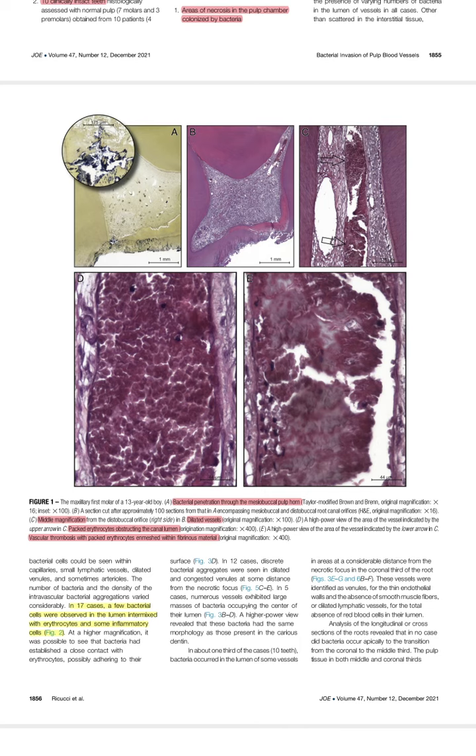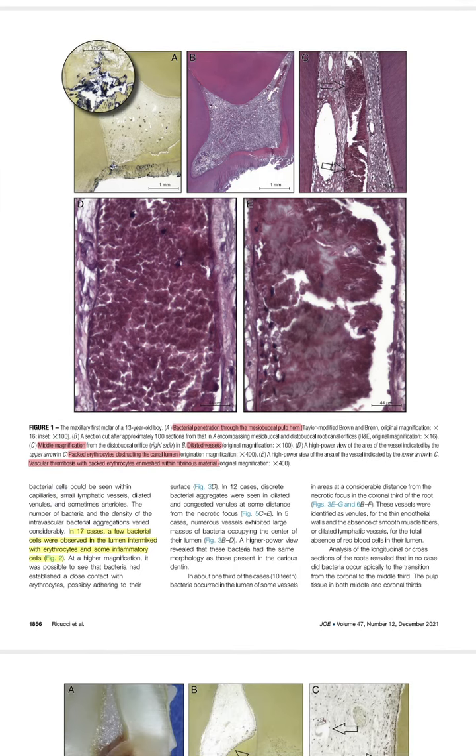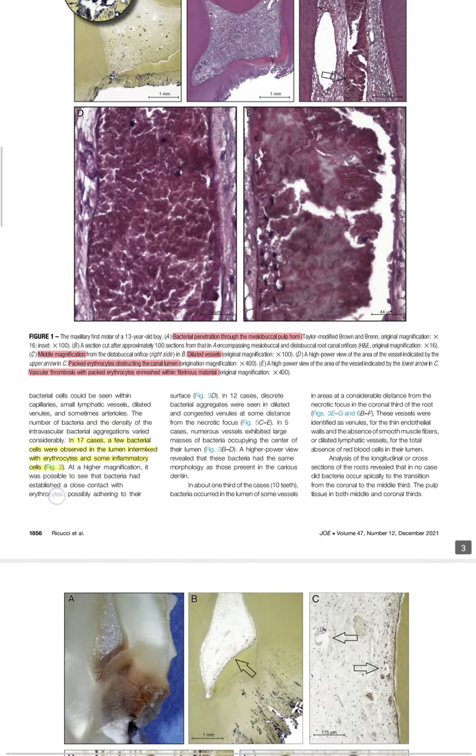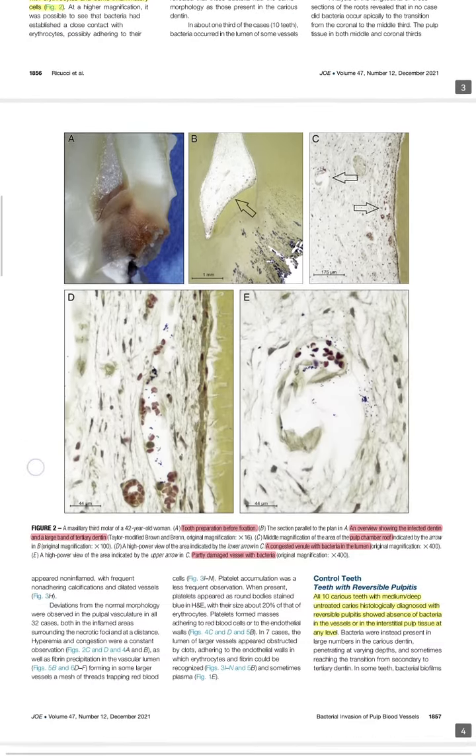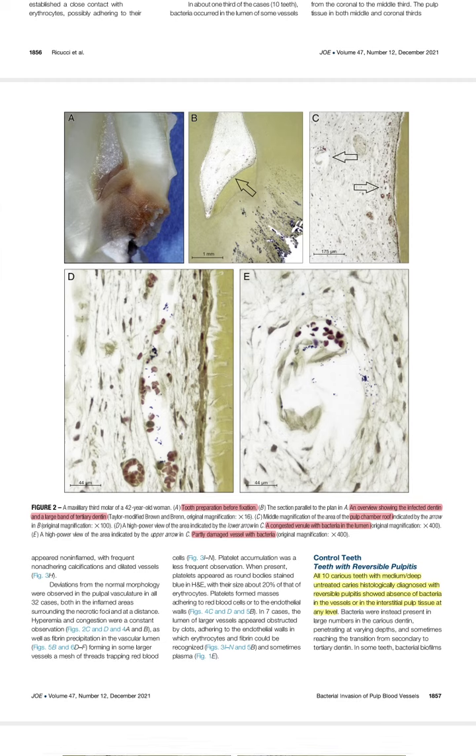The slices from B to F show hematoxylin and eosin stain, showing dilated vessels, packed erythrocytes obstructing the canal lumen, and vascular thrombosis with the packed erythrocytes enmeshed with fibrinous material. And figure 2 shows also